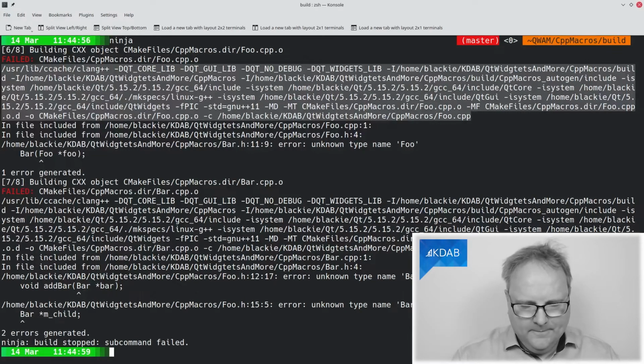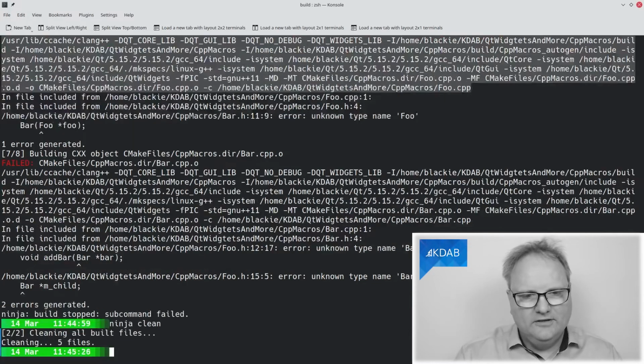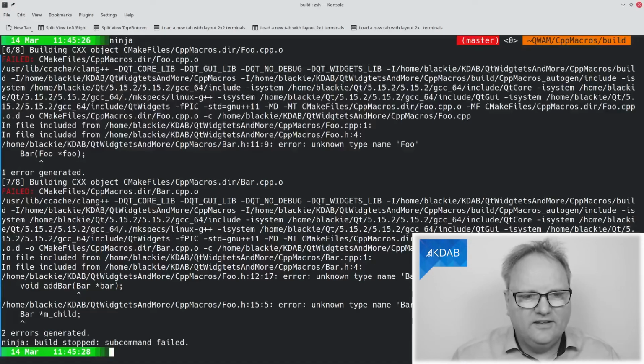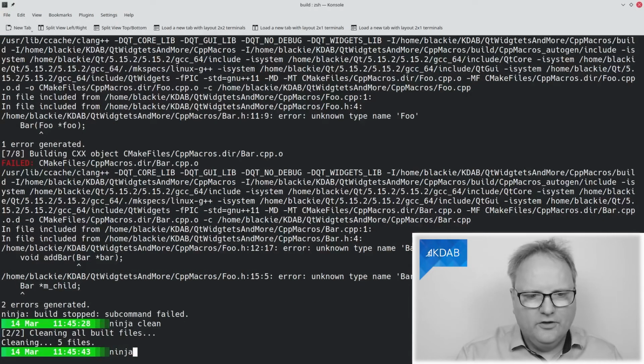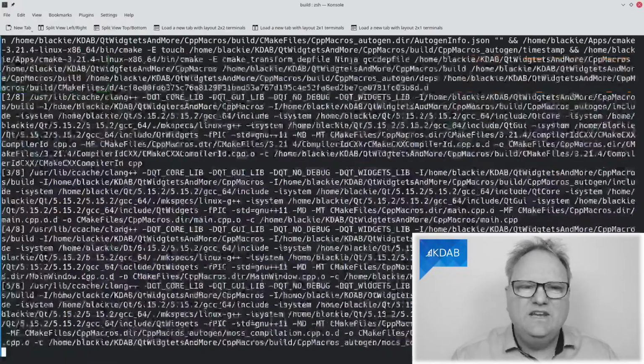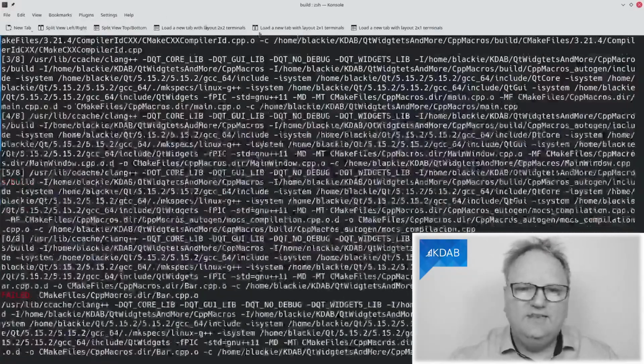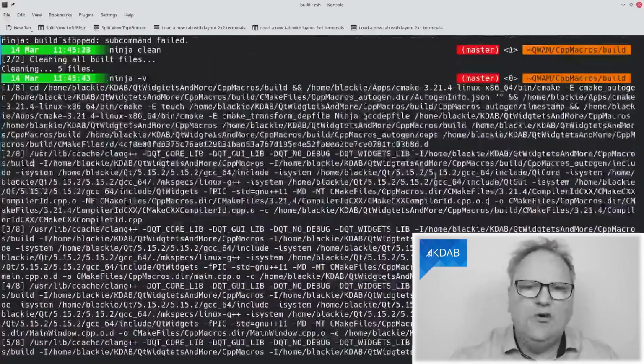Let me just Ninja clean again, and you at least have a microsecond where you can see what is going on. You can see it just says building, and that was the line that you saw up here, where it would have counted up until 8 had there not been any errors. In that situation, what you need is to type clean correctly and then run Ninja -v for verbose, and that spits out all the command lines.